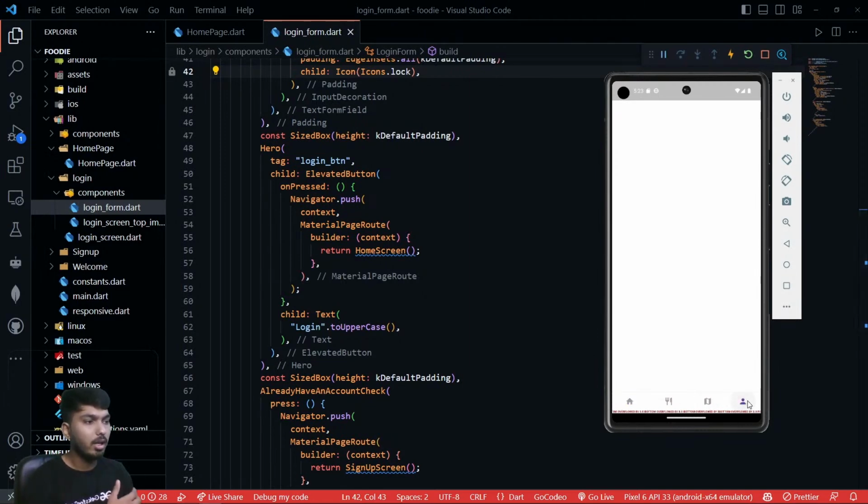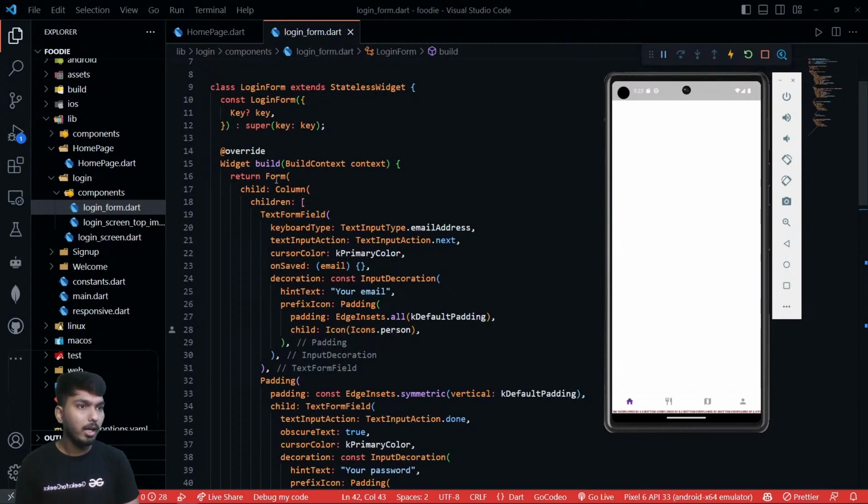Like, see, color is getting changed whenever I'm selecting some indexes, right? So this is the bottom navigation bar that we have created in this. Now we need to move and create our home section that we will be watching out, right? In this part,